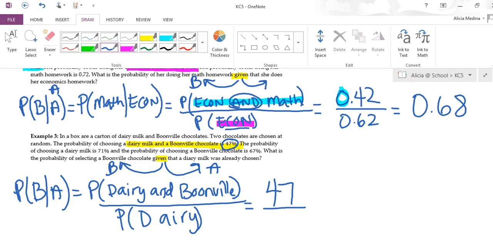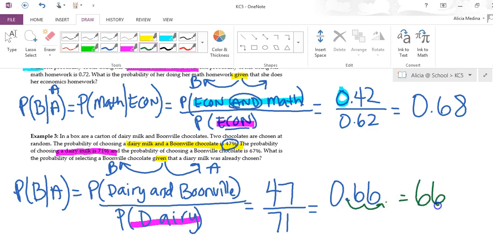Next, I have to look just for where dairy is, and the probability of choosing a Dairy Milk is 71%. So that's going to be down here. When we divide these, we get 0.66. And since our original problem was dealing in percentages, again, how do you change something into percent? You simply move the decimal over 2 times. So this is going to equal 66%. So that is the probability of